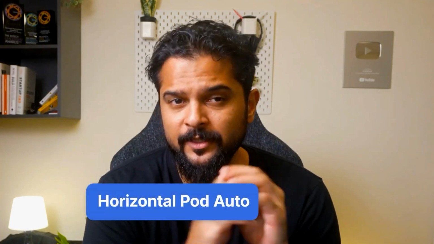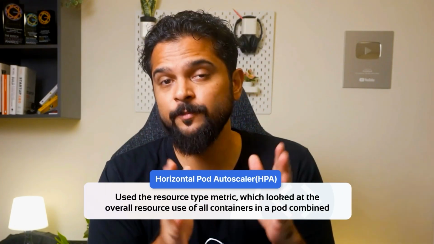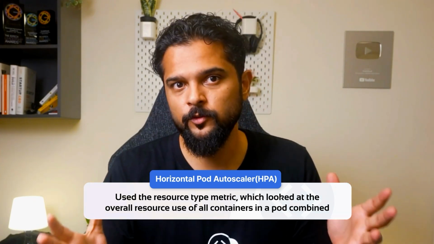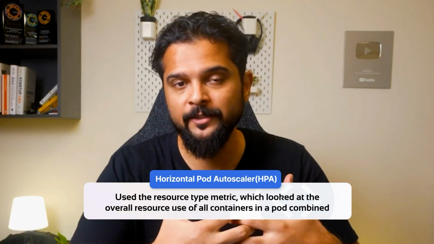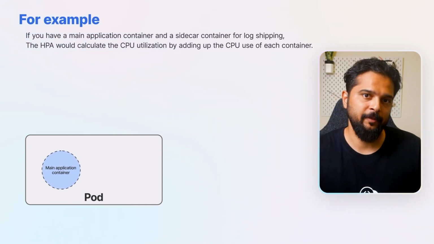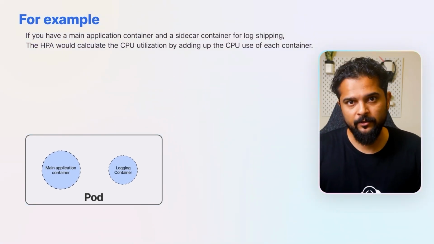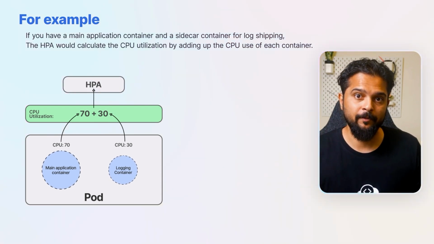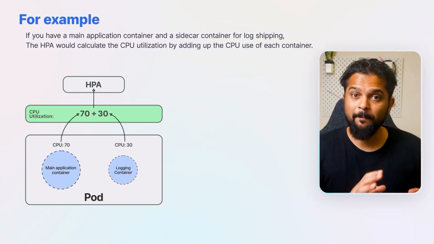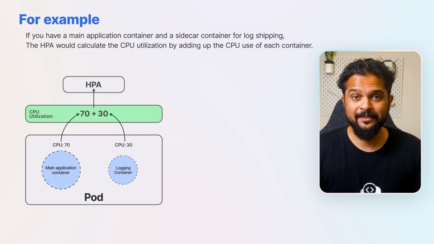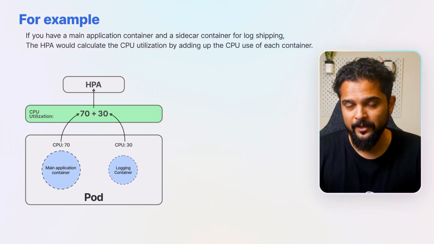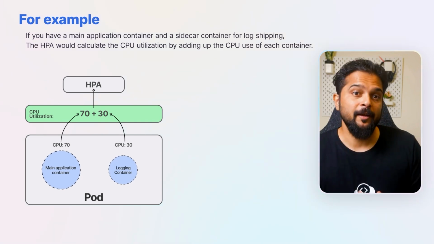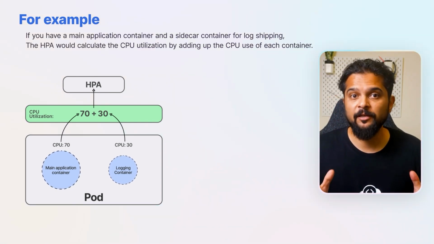Now, before this update, the horizontal pod autoscaler, or HPA, used the resource type metric, which looked at the overall resource use of all containers in a pod combined. For example, if you have a main application container and a sidecar container for log shipping, the HPA would calculate the CPU utilization by adding up the CPU use of each container. So if the main app container is very active, but the sidecar container, which manages log shipping, doesn't use much CPU, perhaps because the app doesn't generate that many logs, their combined utilization might not accurately reflect the needs